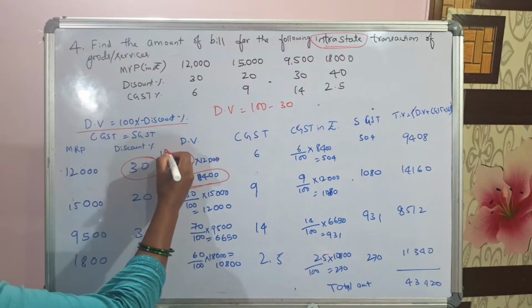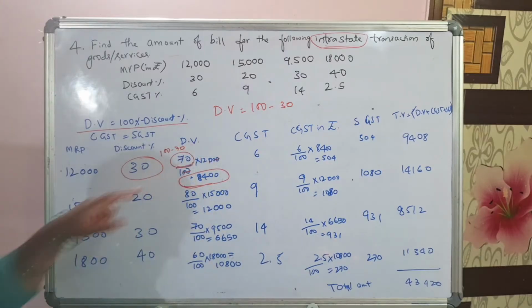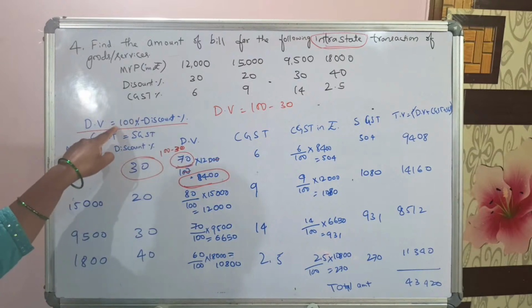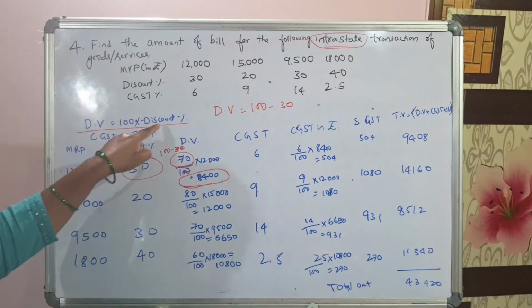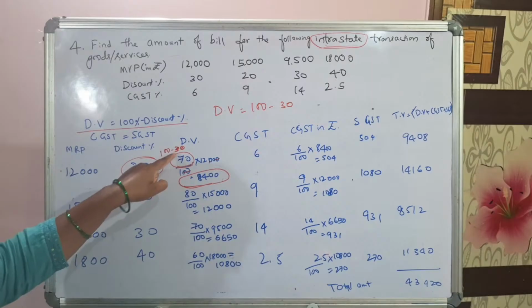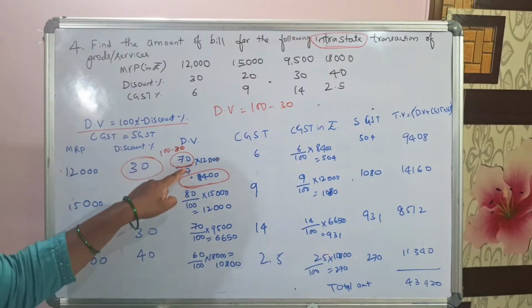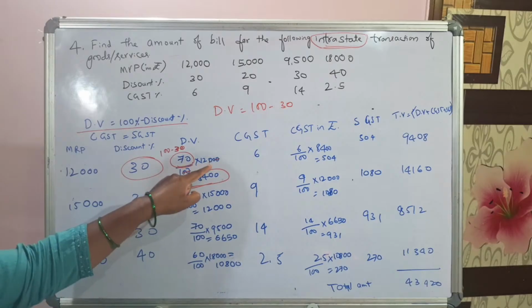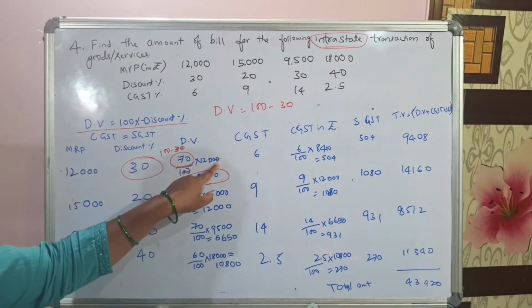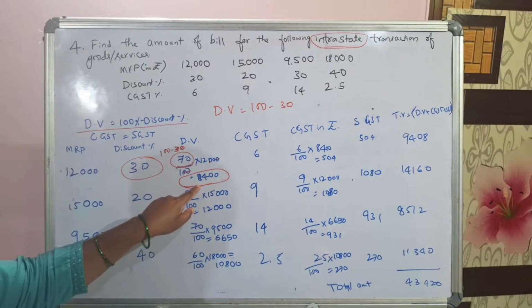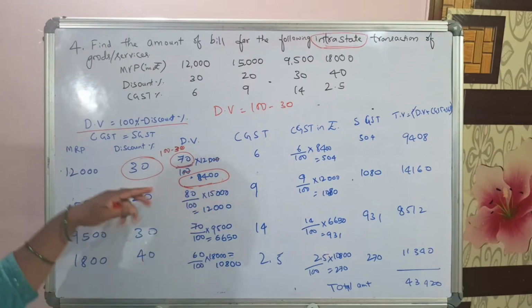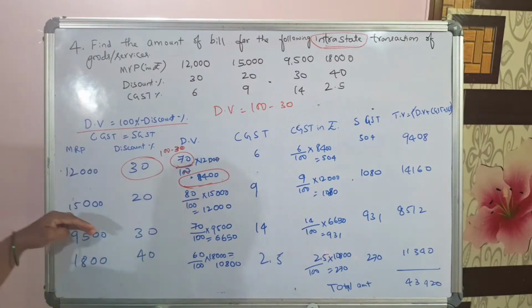For discount value, 100% minus discount percent, that is 100 minus 30, that is 70 divided by 100 into the MRP 12,000. So the answer is 8,400. In the same way, we have to calculate